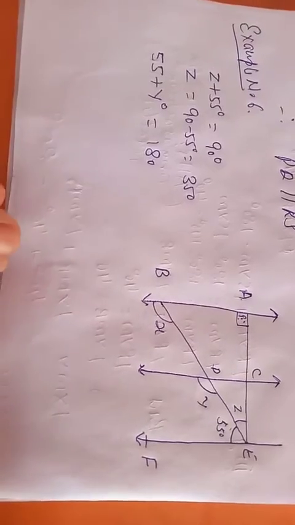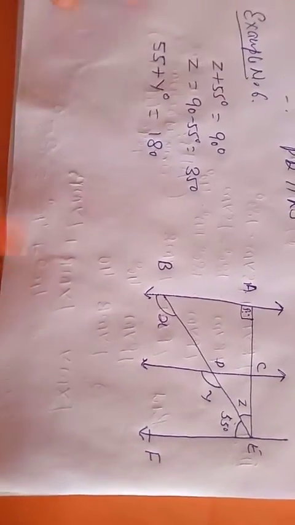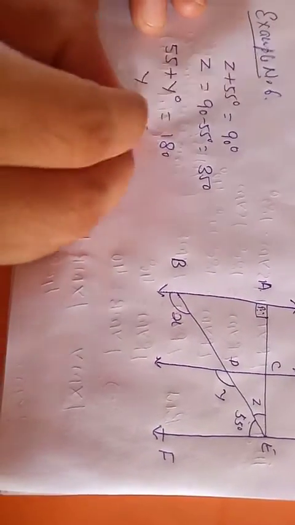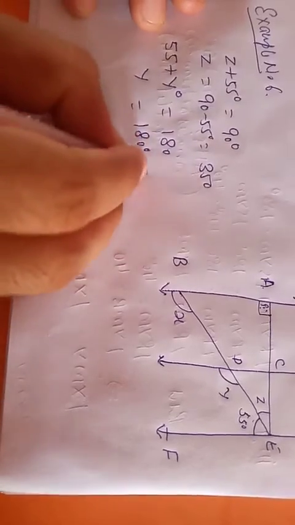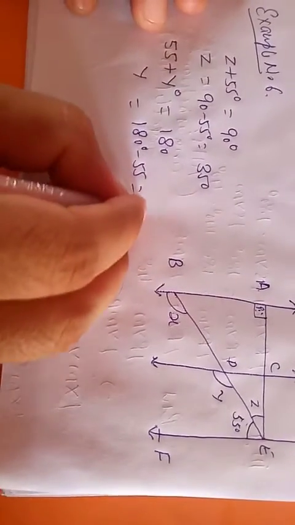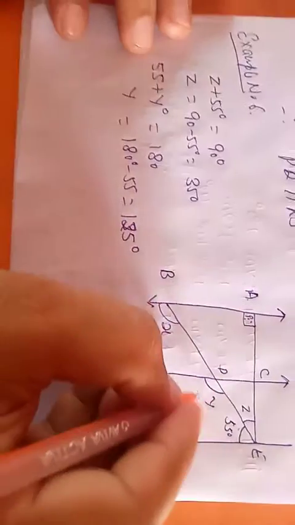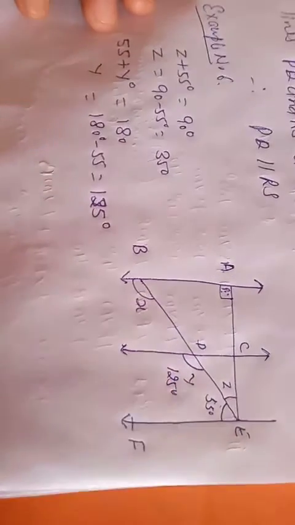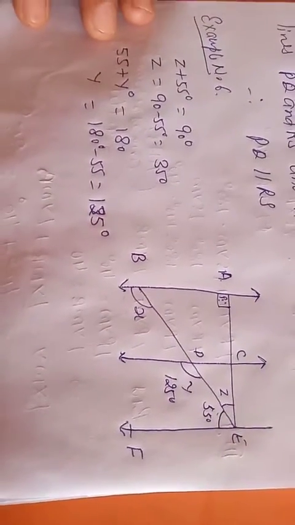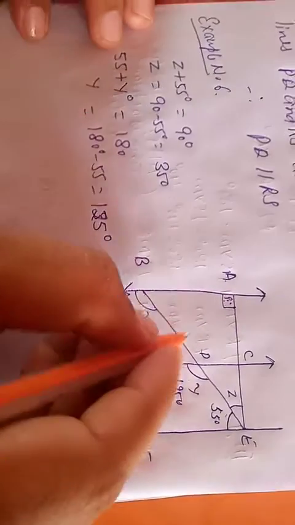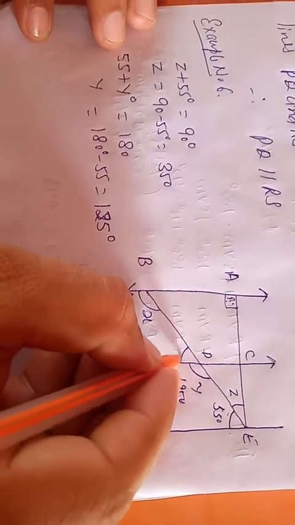Angle on the same side of the transversal, and their sum is always how much? 180. So 180 degree minus 55 degree, how much left? 125 degree. So the value of this angle is 125 degree. Understood? Similarly, you can say this angle